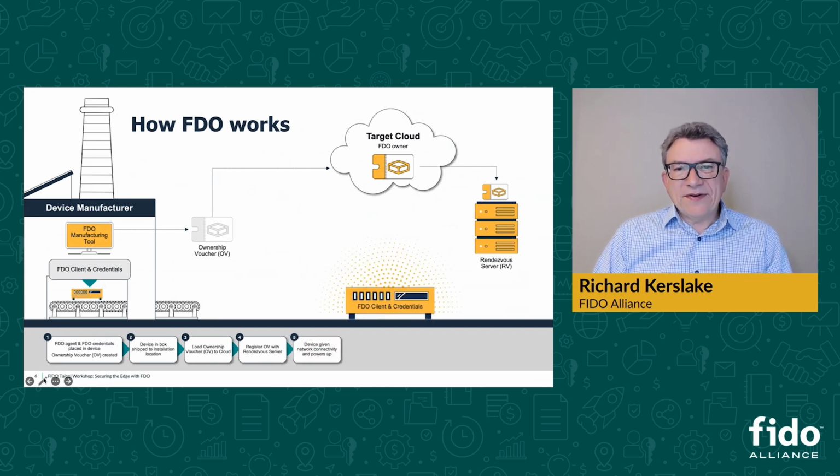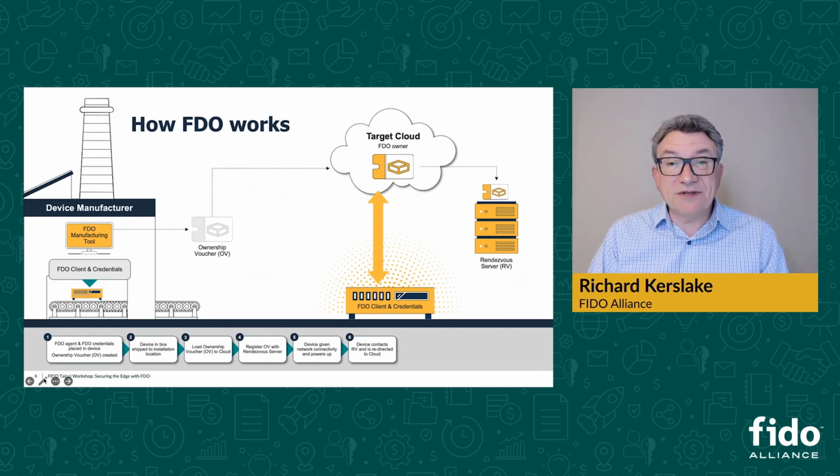The device itself is connected to the network by a technician, it's powered up, and the first thing it does on power up is call the rendezvous server. And it knows to do that because when it was assembled, it was given the address of one or more rendezvous servers, and they can be local or they can be on the cloud. Again, your choice, and you can have a selection of both. So it calls up the rendezvous server and it says basically, hey, this is me. Who is my owner? Well, the rendezvous server has the ownership voucher, so it knows who the owner should be. It doesn't prove that that's the owner at this point. It basically redirects the device.